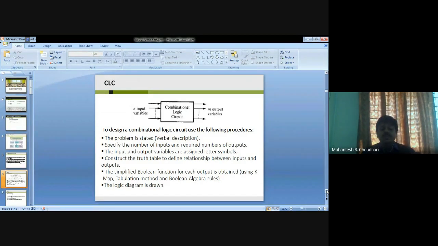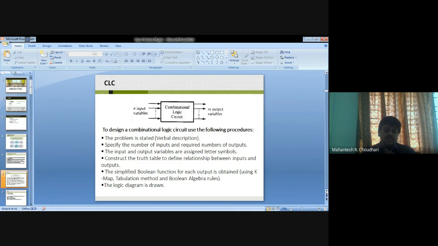Next, apart from the combination circuit, one more concept is the sequential logic circuit. These are circuits with memory. In this type of logic circuit, the output depends on the current input and previous inputs. These circuits use storage elements and logic gates. But remember, a combination logic circuit is without memory, and its output depends only on the current inputs.